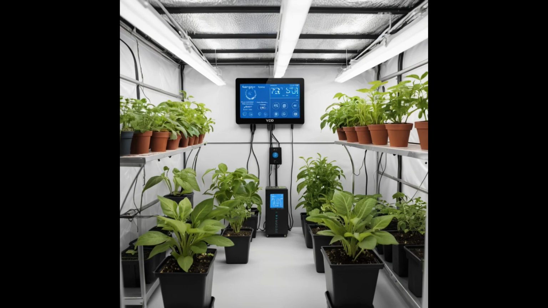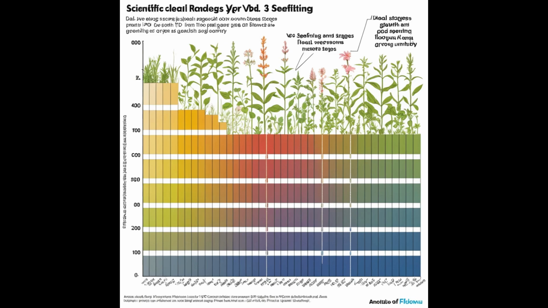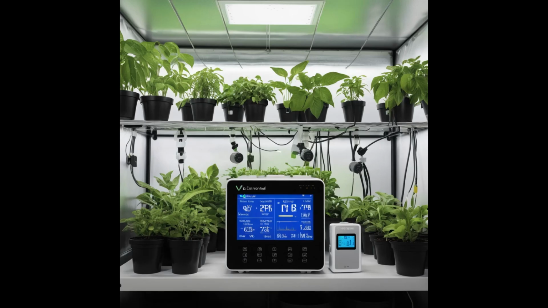Adjust environmental controls. Utilize humidifiers, dehumidifiers, heaters, or cooling systems to modify the growing environment and maintain the desired VPD. Consult VPD charts. These charts help correlate temperature and humidity to VPD values, assisting in achieving optimal conditions for specific plant species. By carefully monitoring and adjusting VPD, growers can create an environment that promotes healthy growth, maximizes photosynthesis, and